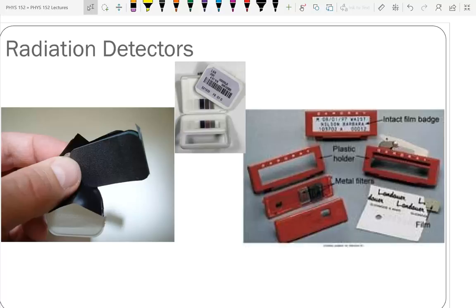Radiation danger, we talk about radiation damage as somatic or genetic. Somatic damage is damage to things that are not part of the reproductive system. We don't worry about that as much because if it causes damage, it might kill you, but that's going to be the end of it. Whereas genetic damage, if it causes damage and you go on to have children, it could be passed down to your children. That's a much bigger effect.